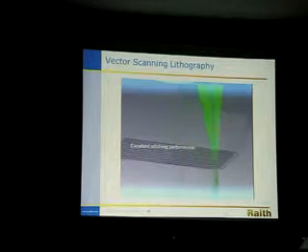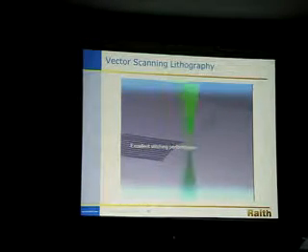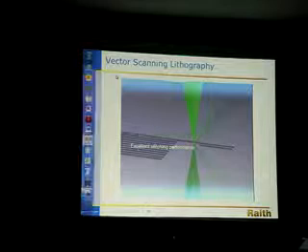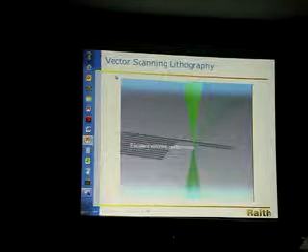So stitching errors are a concern, because if you have 40 nanometer 3 sigma stitching errors and you're dealing in photonics, you don't really like that. In fact,